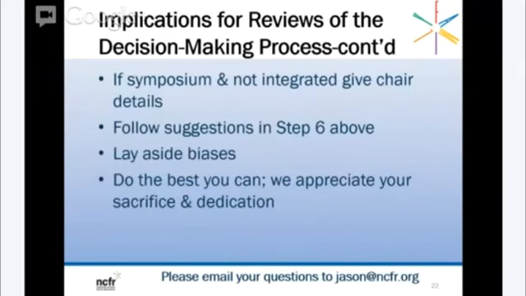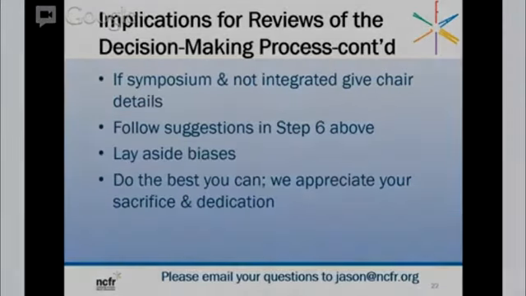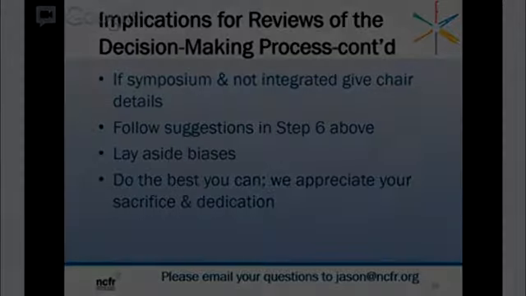So we genuinely appreciate those people who can take time out of their busy schedules and out of writing papers to do this reviewing. I hope it at least gets you one line on your Vita. But I hope you also understand that it's providing a great service not only to NCFR but to all of your colleagues who are trying to get papers in. So thank you, and we'll now